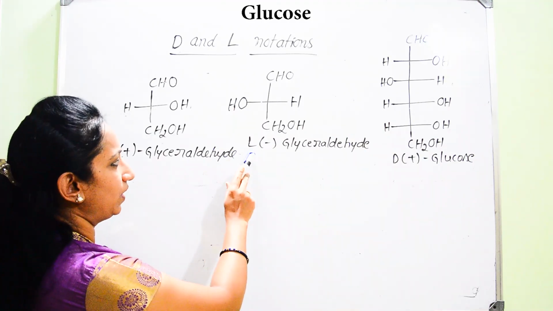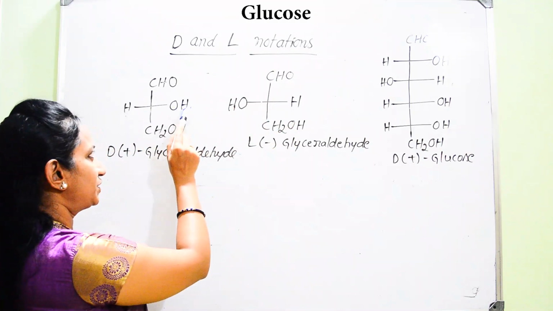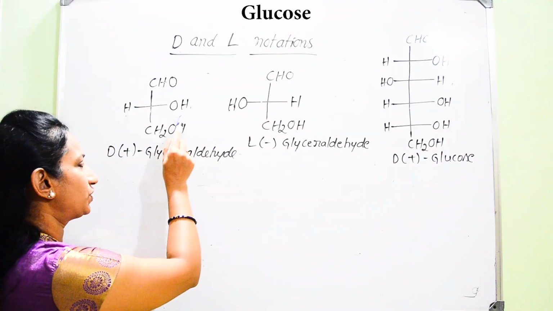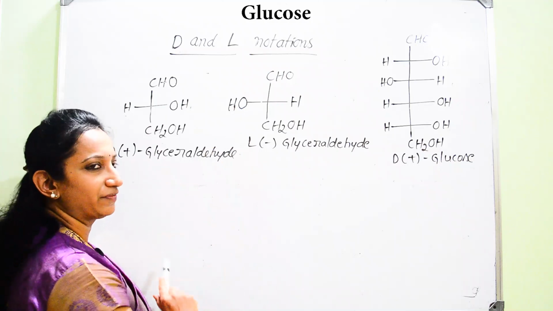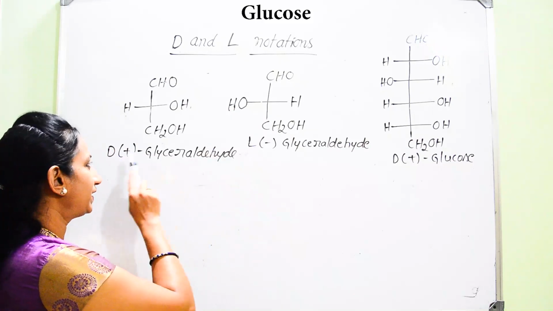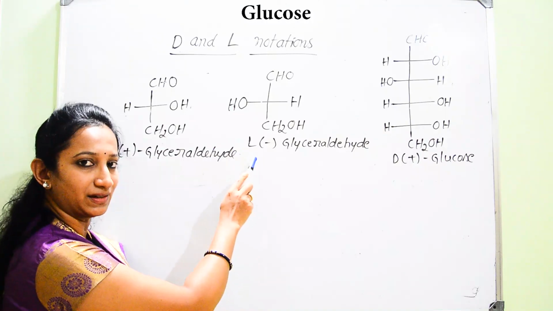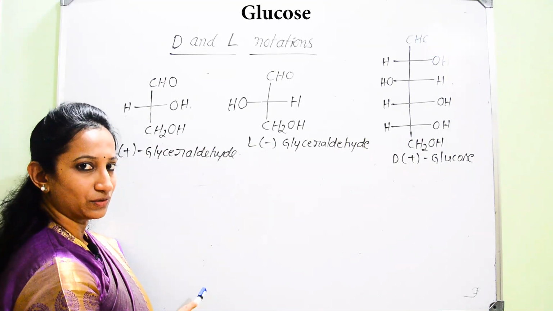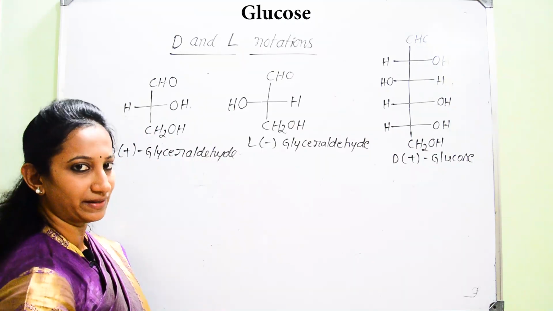If you go for the same glyceraldehyde molecule, you can find there is a change in the placement of H and OH group. In the case of D, the OH group is on the right hand side, and in the case of L, the OH group is on the left hand side. There is nothing to worry about the confusion regarding capital D and capital L. Just remember, capital D and capital L always stand with respect to the configuration of glyceraldehyde. So we are giving that notation by comparing the relative configuration of glyceraldehyde.